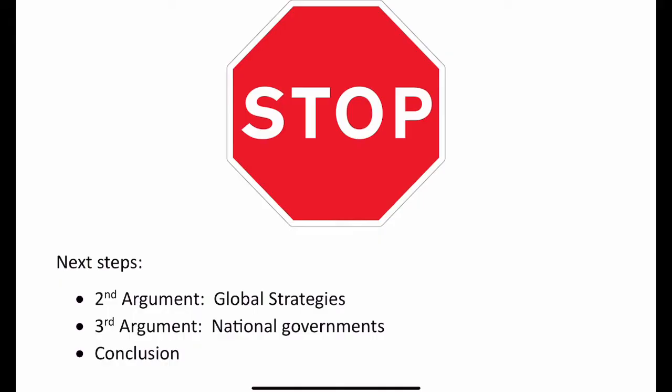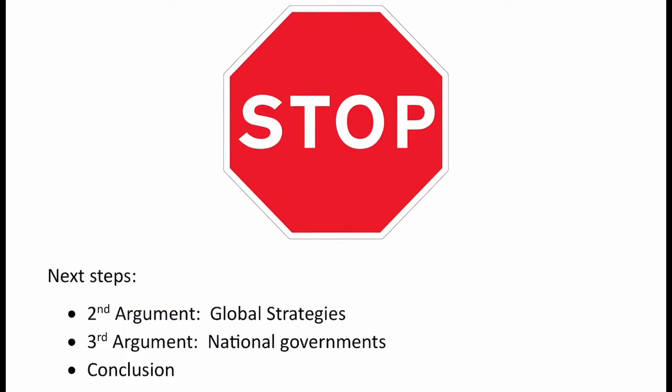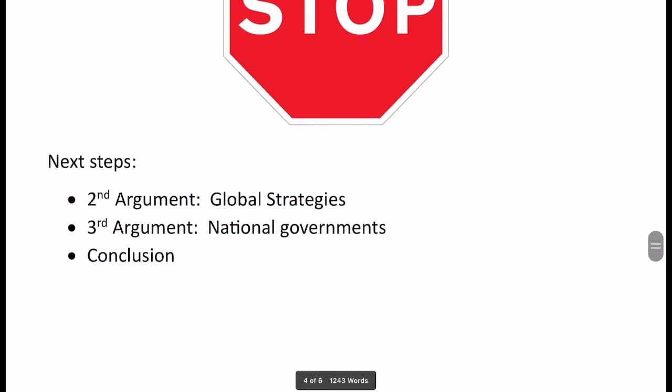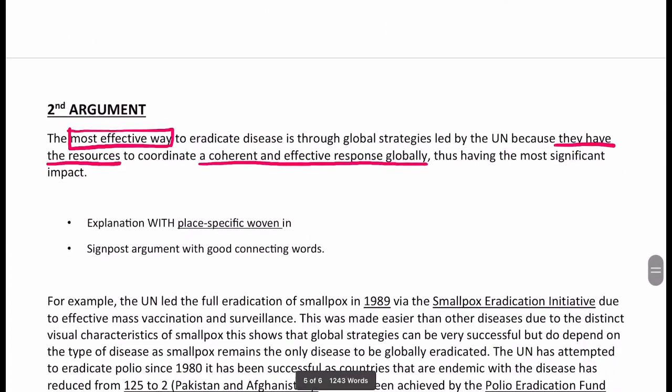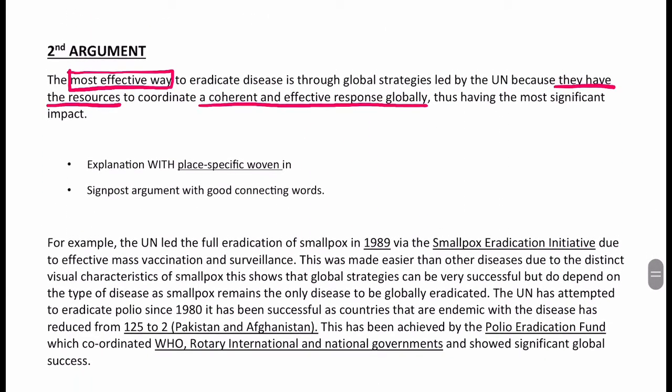And then I'm going to walk through what you actually have to do to get onto the next bit of the argument. So now I'm going to talk about the second argument. You might have had a go at this, you might not have. I'm going to talk about global strategies. I'm going to be using the same technique as I was earlier on, where I talked about making a complex point and then making explanation after that, which is 3 to 5 lines.